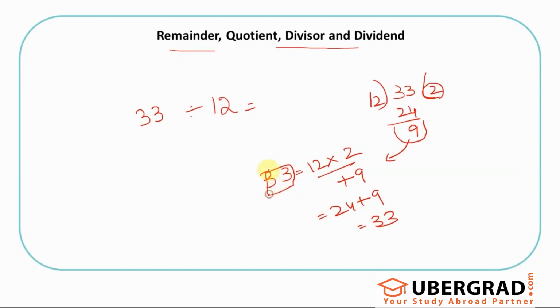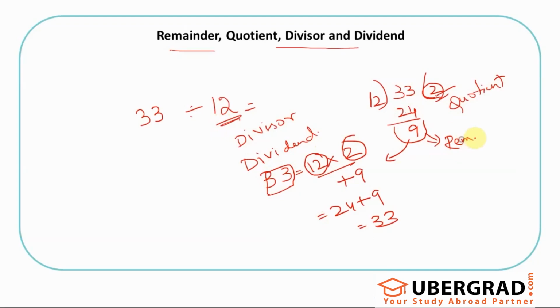So this is fundamentally called the dividend, right? And this is what I'm dividing with, right? So this is called the divisor, and what I get here is called the quotient, and the leftover is fundamentally the remainder,